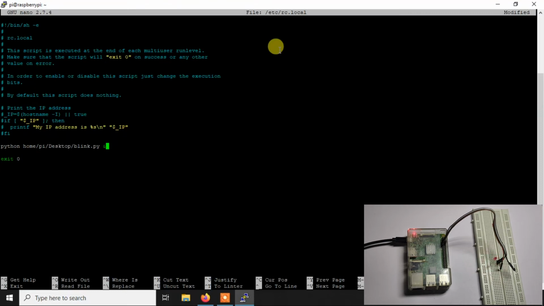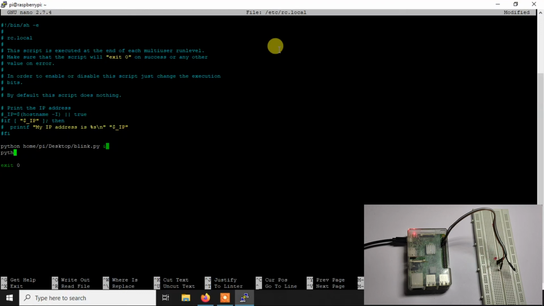Okay, so let's say you have another code, and you can then simply write python abc.py. This will work properly if you put this ampersand, because in that case the first program will be run in the background and then the second program will work properly. But if you don't put this ampersand sign here and you simply write python blink.py and then python abc.py, it will not work. Only the first code will execute, but any other code will not execute. So remember, if you are using multiple codes or multiple commands, you need to put this thing here, and then it will work just properly.